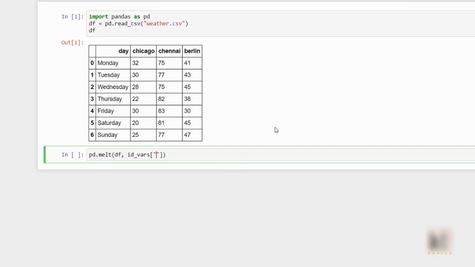So here I want day to be there, basically the column that you want to keep intact. You don't want to transform that particular column, so you will keep it in id_vars. Okay, and this will return another data frame. So I will just call it df1,